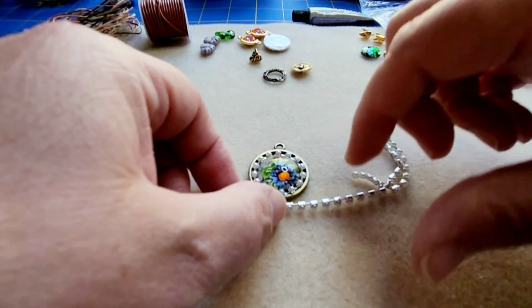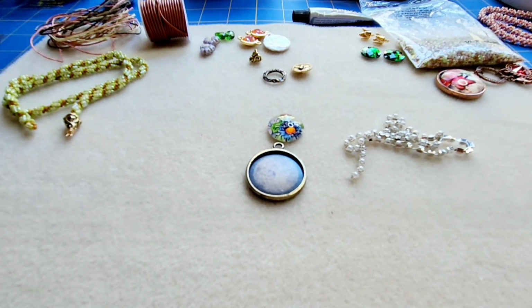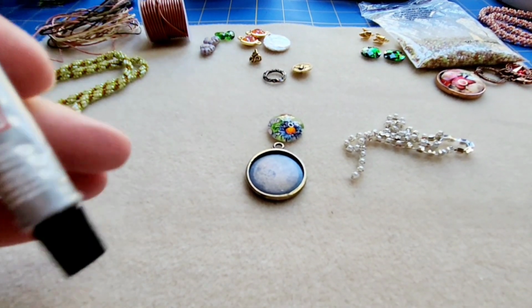So let's glue it into place so that it can be drying while we're working on the rest of our necklace. And I'm just going to grab some tissue in case I get glue on my fingers. And we're going to need our cutters in case, so that we can cut the cup chain. So the first thing I'm going to do, I'm going to grab my E6000,